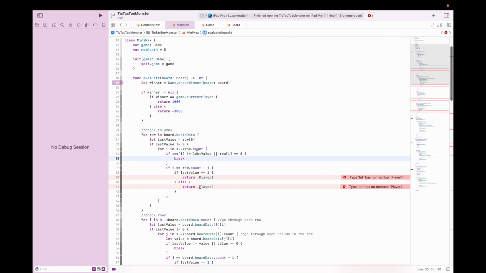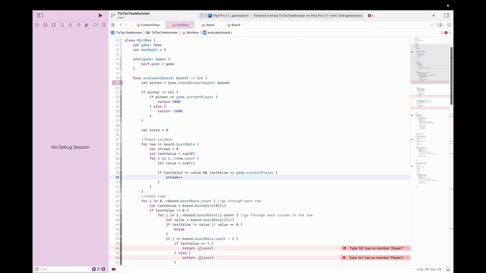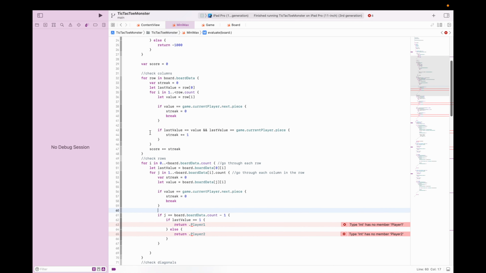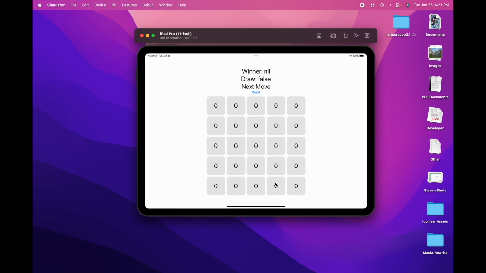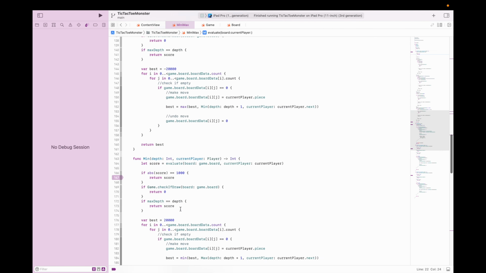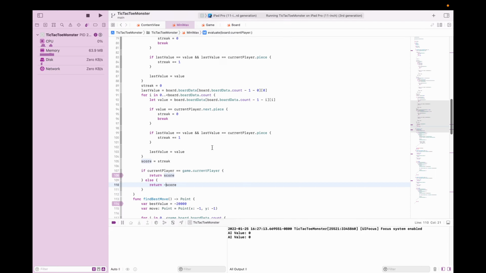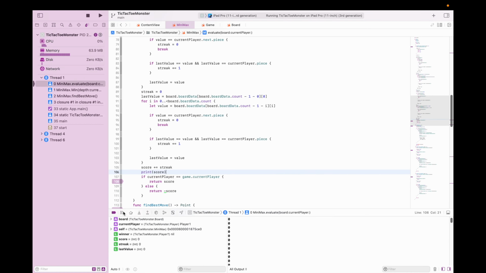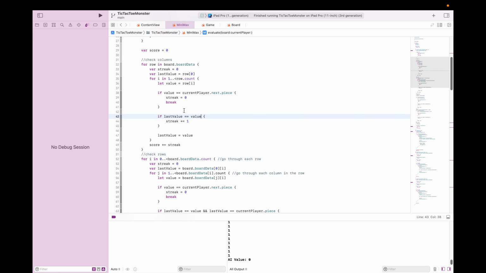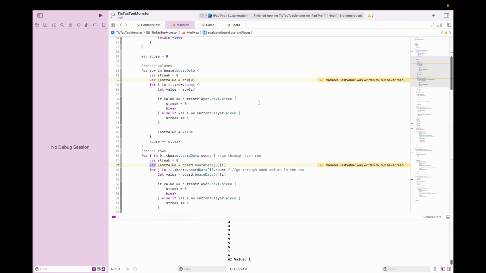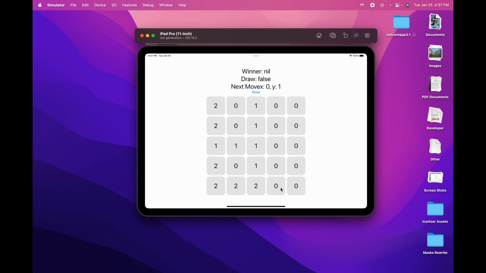So we're going to go ahead and add in the optimization, which is, of course, alpha beta pruning. That means we're going to have to add in code that stops it from checking the nodes that are unnecessary. Basically, it doesn't have to check the parts of the tree that simply can never be better than the ones that we already found. It's a complicated process, but overall, it's going to make our code a lot faster. However, we're going to need a much better evaluation function in order to make it any good.